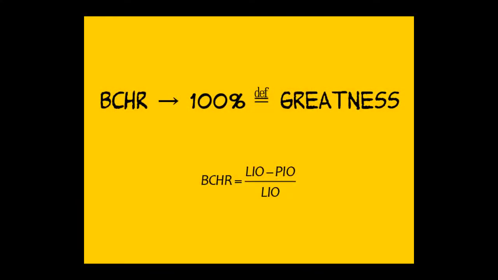But back in those days, the golden rule of tuning was this, and trust me, that's really gold on my laptop. This buffer cache hit ratio thing needs to be 100%, and that's the definition of greatness. If you've got a system where your buffer cache hit ratio is close to 100%, then spot on, you're good to go. The buffer cache hit ratio is defined as the ratio between the number of logical IOs